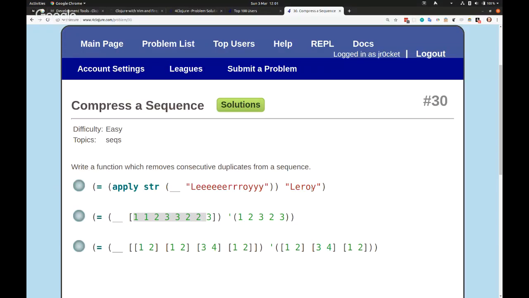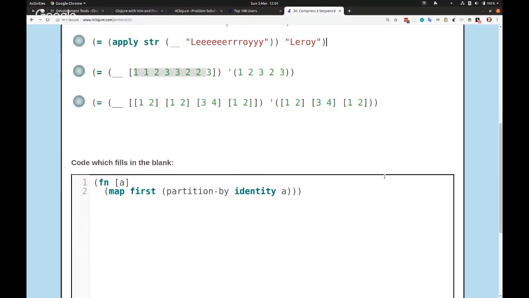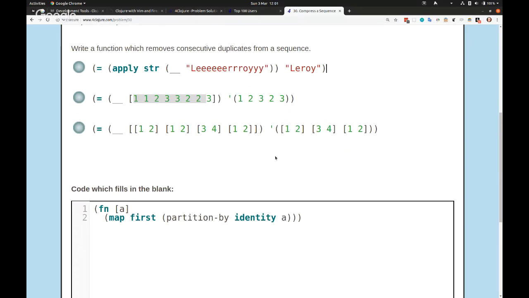So in summary for that one, it's a nice example of using partition to solve the problem, which again gives a nice level of abstraction to doing things. You're not having to go through loop recur through everything, even though it's quite a sequential kind of problem. You're having to process the collections sequentially, essentially, but that doesn't mean you have to do a loop recur in Clojure. You can use functions like partition and partition-by